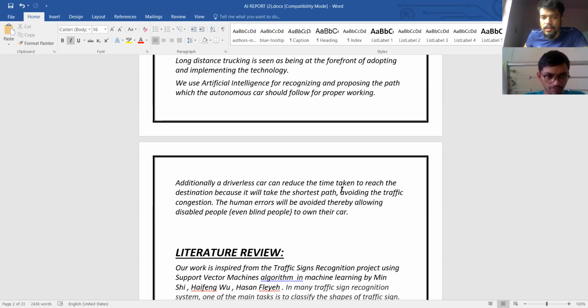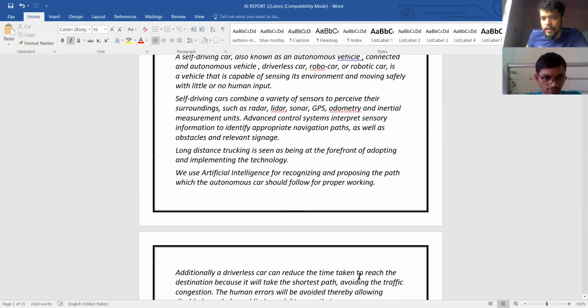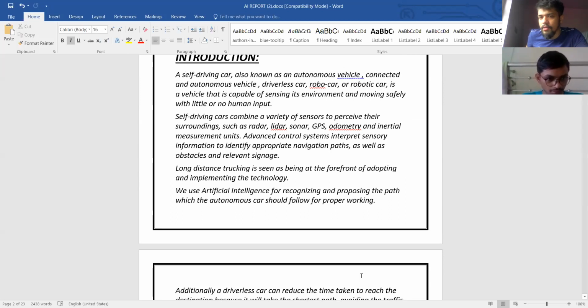So the model takes the picture of each and every frame. It also takes the steering angle at each and every instant, each second and millisecond, and it generates a CSV file with the steering angle. It gives a negative steering angle for a left turn, a positive steering angle for a right turn, and for going straight, it gives a 0 degree angle. And at each and every point, it notes the speed of the car. We have trained the model, and we have noticed that the maximum speed of the car cannot exceed 30 miles per hour.